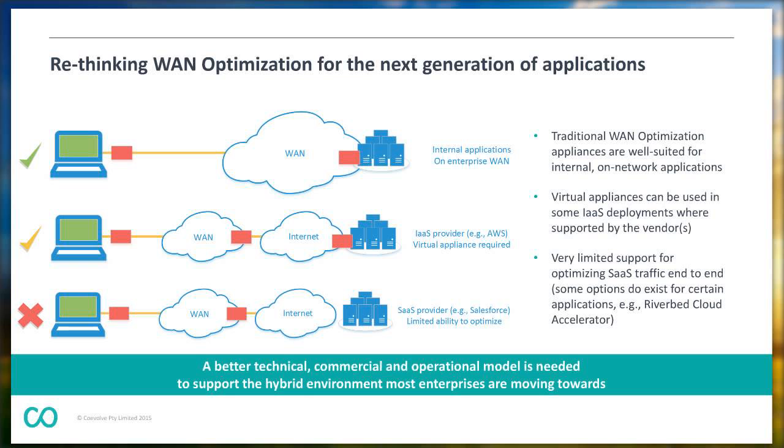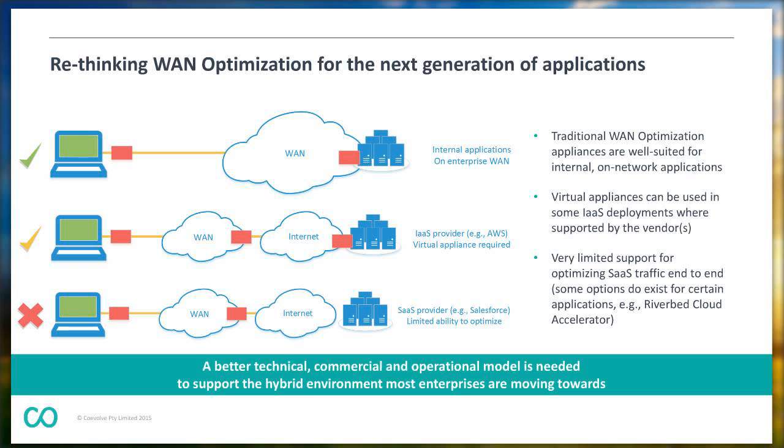And it all still depends on the need to put appliances out at each site if you want that traffic to be optimized, or you just don't get any of the benefits of this type of optimization. So our belief is that a better operating model overall is needed, and that's a better technical design, a better commercial model that isn't as CapEx intensive, and then also a better operational model to be able to get the real insights into the performance of these applications that are being optimized.